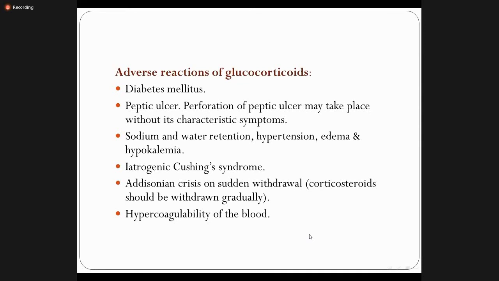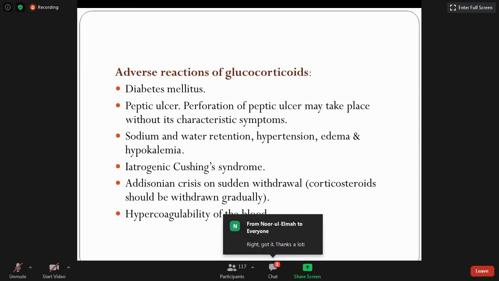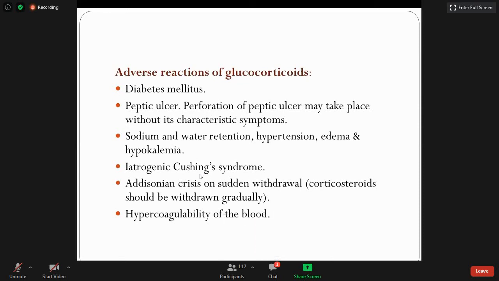So it will further promote the ulcer. If a patient is already having this problem, it will be aggravated due to the use of glucocorticoids. Clear? So where we were: iatrogenic Cushing syndrome, that means drug induced, right? And what is this Cushing syndrome? Hypersecretion of cortisol, right? Hypersecretory state.